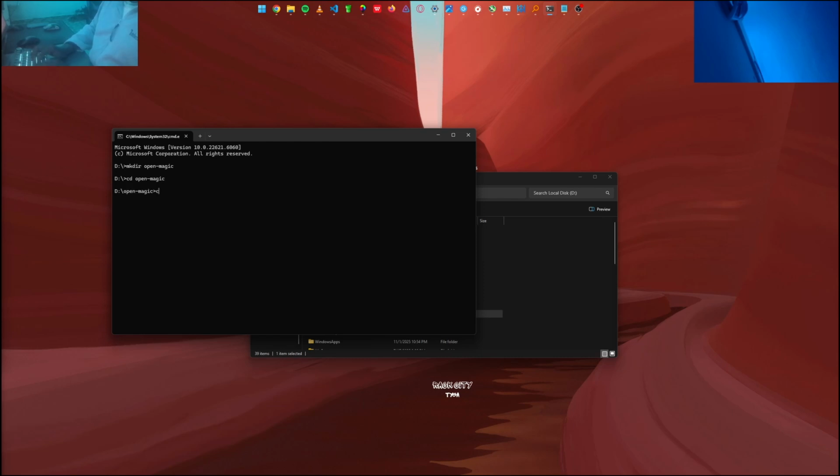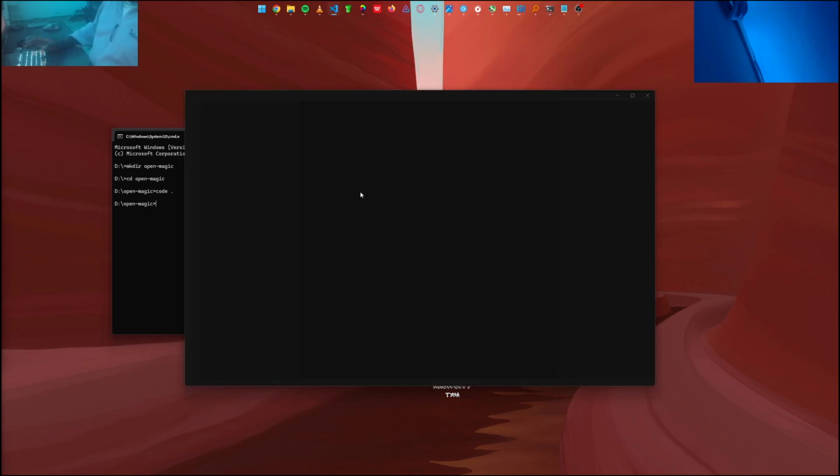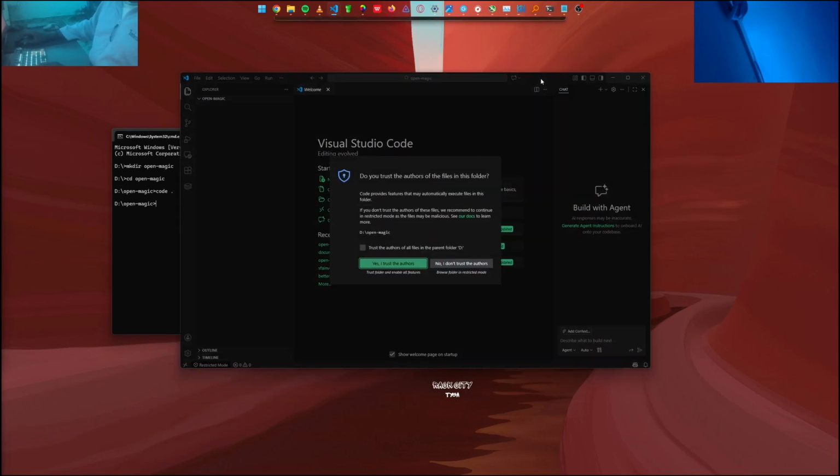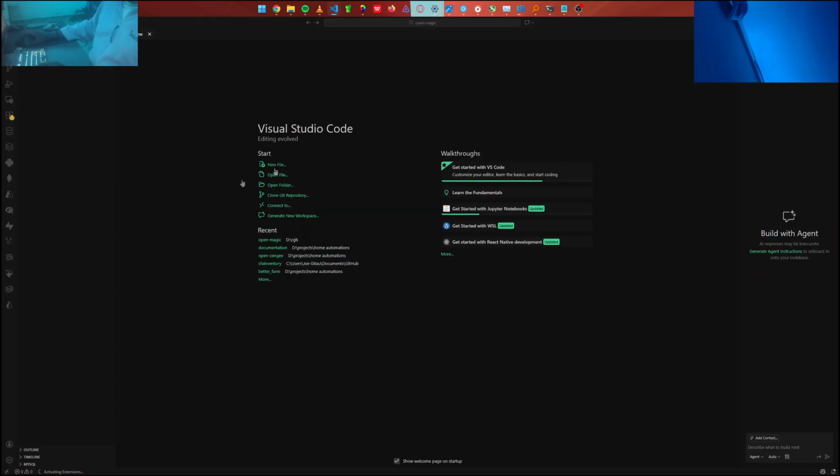Okay, now we're going to open our preferred code editor. I'm using Visual Studio Code. Okay, here it is. So I trust the authors, it's me. Okay, new file, we'll call it